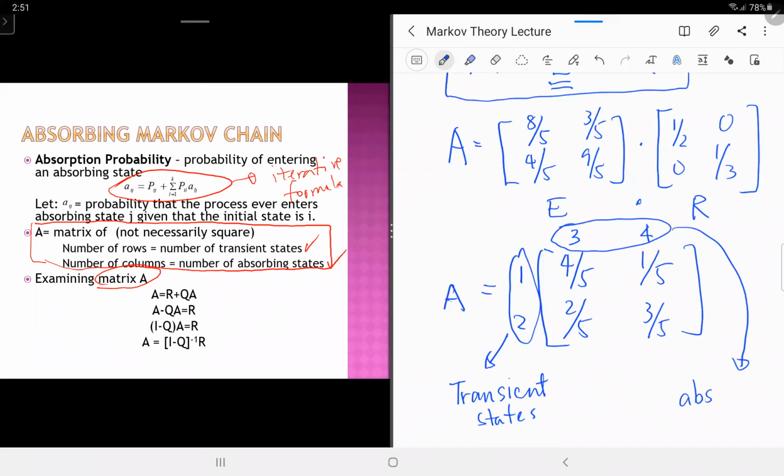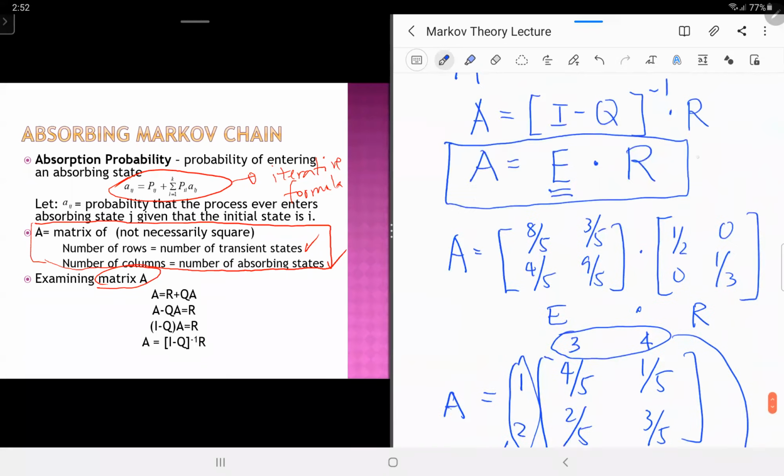When you solve for your matrix A, you have to make sure that you know what the elements are. On the left side, you list down your transient states, and on the top row, you list down all your absorbing states, so that after you have calculated matrix A using this formula,